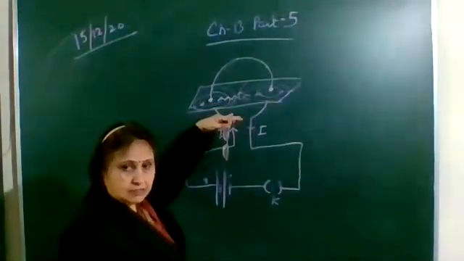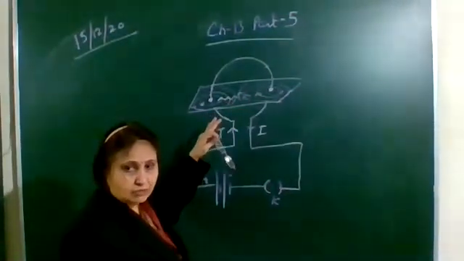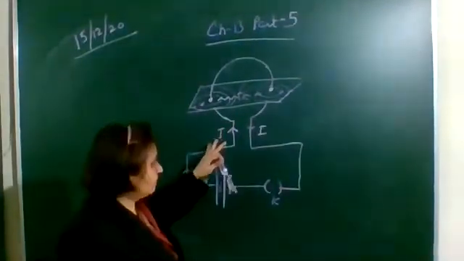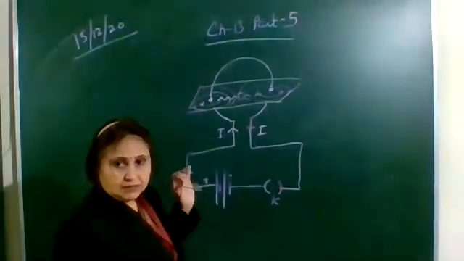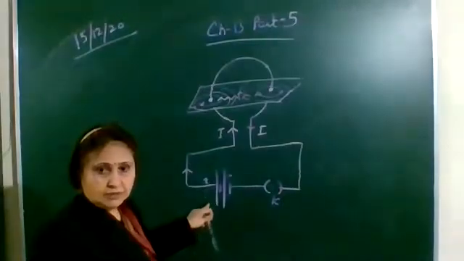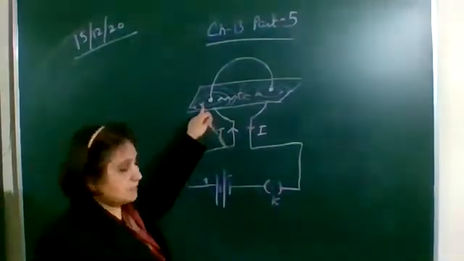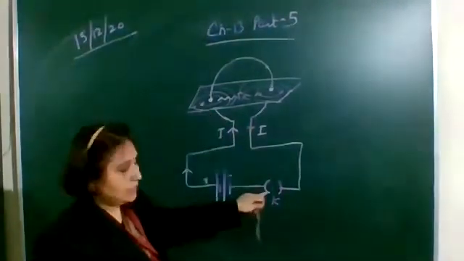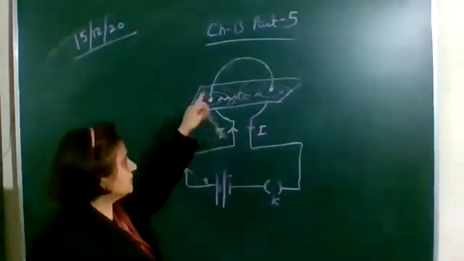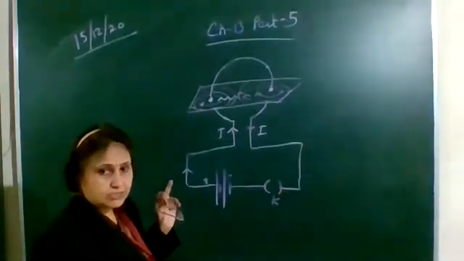The activity is to pass this circular wire through the two holes which you have made in the cardboard, and the cardboard should remain horizontal. Connect the ends of the wire to a battery and a key. Sprinkle some iron filings on the cardboard and insert the key so that the current passes through the wire. Here you can see that the current is in the clockwise direction in this loop.